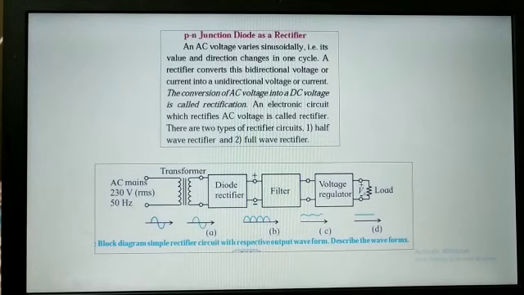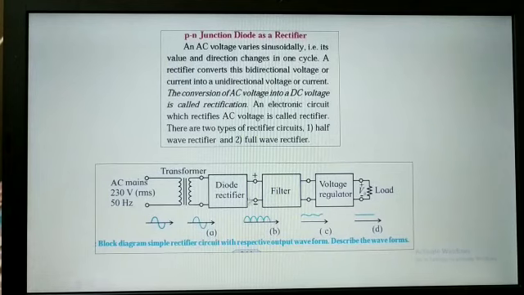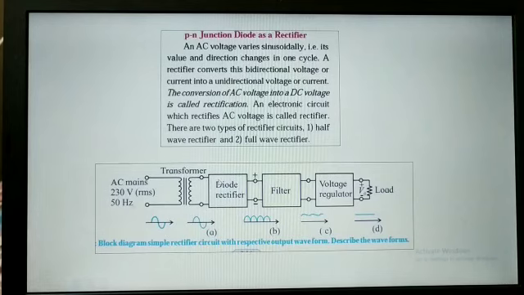We are going to see each and every step in detail, like what happens at stage A, stage B, stage C and stage D. That we will look at afterwards. Right now just let me give you a brief idea about what is happening at every stage. This AC voltage applies to a circuit. We have a transformer, with primary and secondary winding. At a particular time this will be positive, this will be negative, and in the second phase, when the phase is reversed, this will be positive and this will be negative. Then there will be a diode circuit to rectify the things.